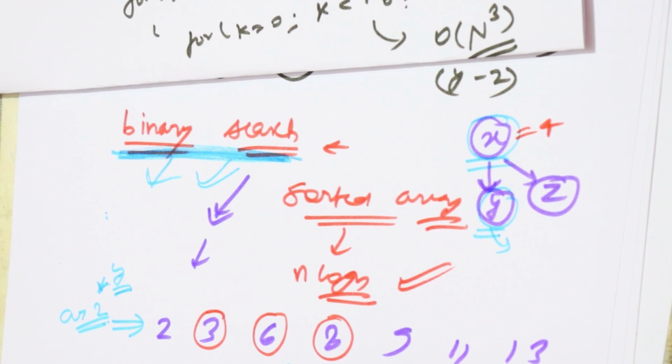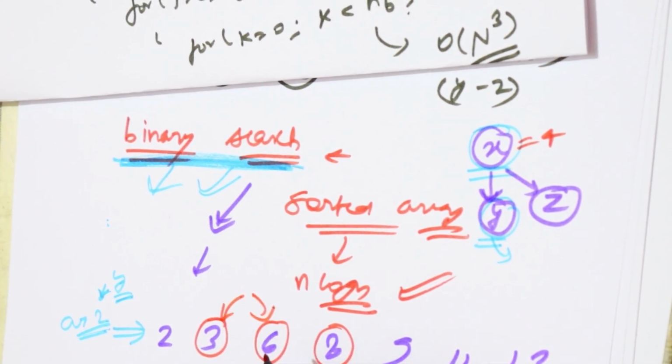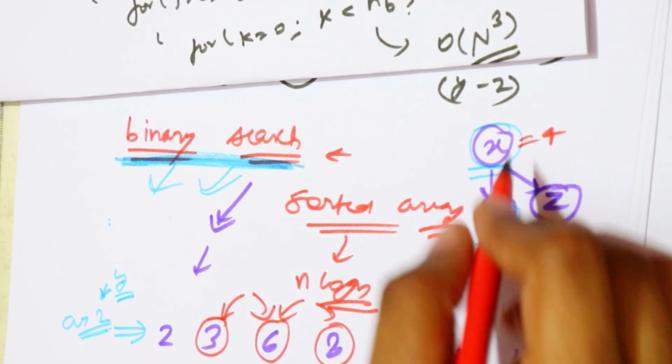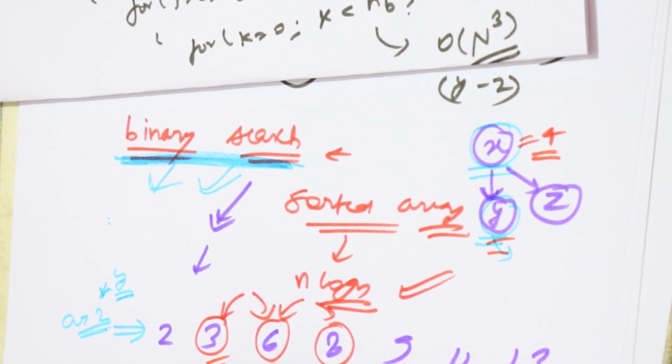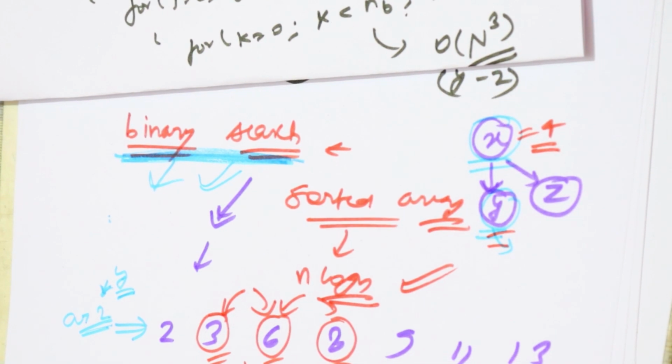Aryan, what should I do now? I have not got any element. Yeah, it is sure, you have not got any element, but if you see, you got the nearest element, 3 and 6. Or how about 6 and 8? Oh yeah, man, you were true. So you can see here, the element which we wanted, y, will be either this or this or this. So yeah, it is amazing.